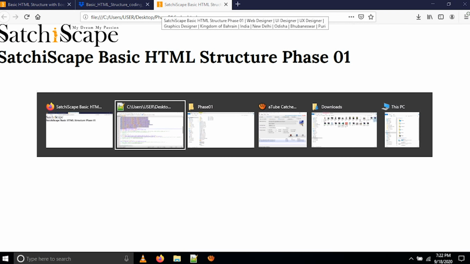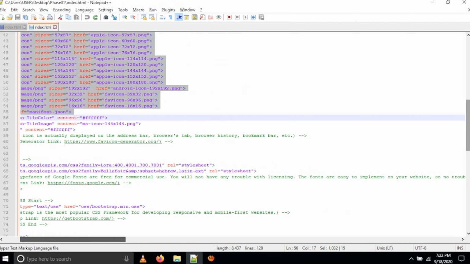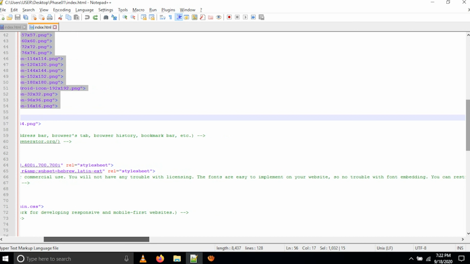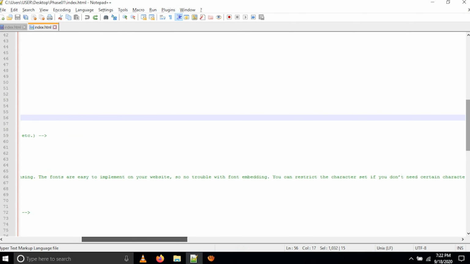Okay guys, then we are using Google Fonts. Google Fonts, why are we using? The typefaces of Google Fonts are free and for commercial use. You will not have trouble with license. The fonts are easy to implement on your website, so no trouble with embedding. You can restrict the character set if you don't need certain characters, which will reduce load time.